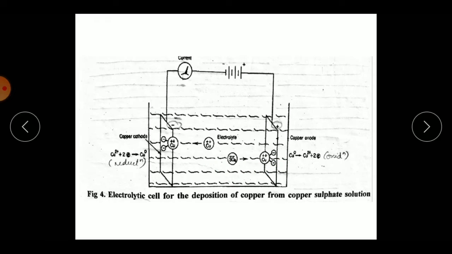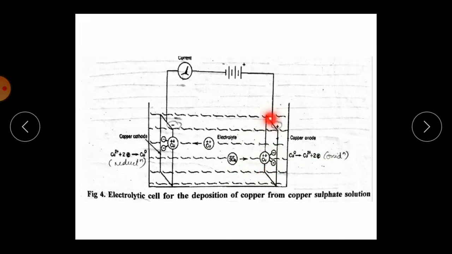It will maintain the electrical neutrality, because here the copper 2 plus from the electrolyte solution went here and got deposited. So what will happen? Copper 2 plus from this electrolytic solution will start decreasing. In order to maintain that composition of copper there, from this anode copper 2 plus will get into the solution. So here the reaction will be in this form, that is copper 0, that is of the metal in your